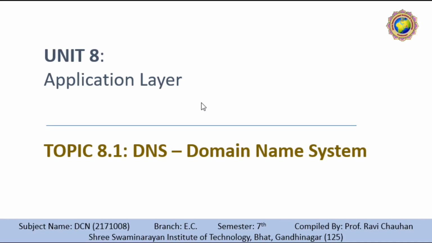Before discussing, let's discuss why we study the application layer. The application layer enables the user, whether human or software, to access the network. It provides a user interface and support for services such as electronic mail, file access and transfer, access to system resources, surfing the World Wide Web, and network management. So, the application layer is responsible for providing a service to the user.